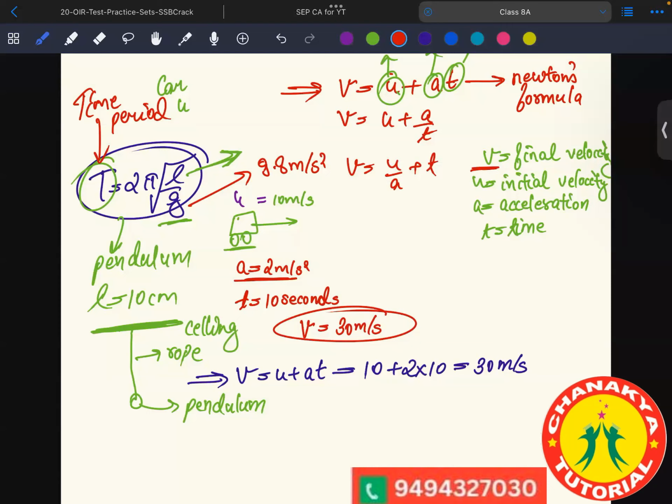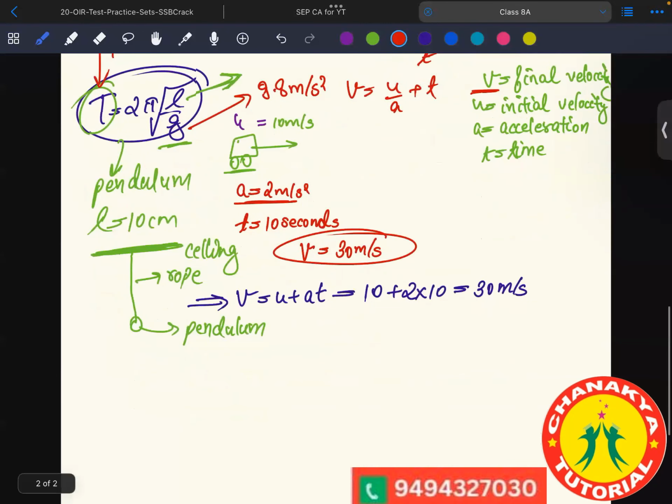Then Sheshta, do you know what is time period? Sir, it is the time taken for one oscillation. Okay, time taken for one oscillation. Very good. So what does that mean? What is one oscillation? If I'm oscillating this pendulum, if it is in this position, it will go here and then come back, to and fro, one complete oscillation. So the time,